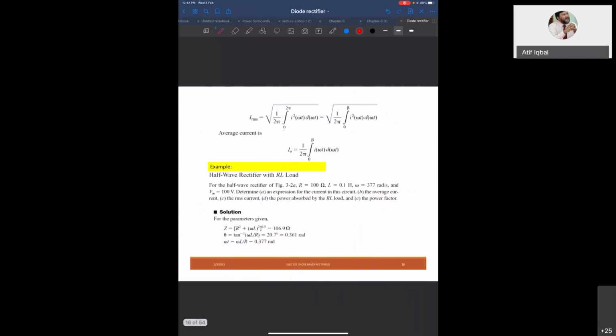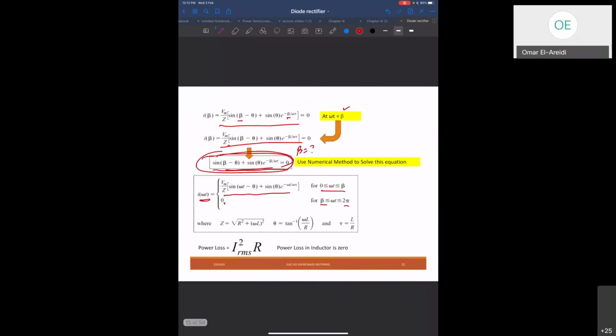Yes, doctor, but I just meant that we need to know how to solve the problem. Yes, the problem, I am giving you the problem. I just gave you one problem. Now this is the topic. Once I finish this topic, I will give you an example. Let this topic be finished, then I will give you an example.